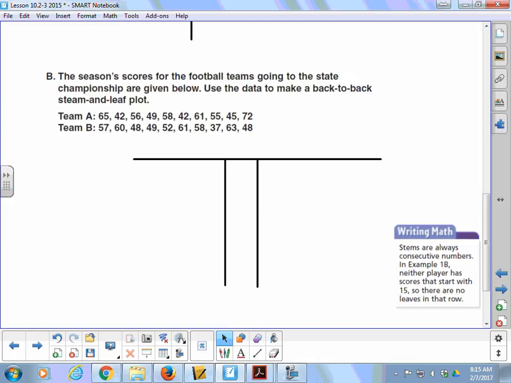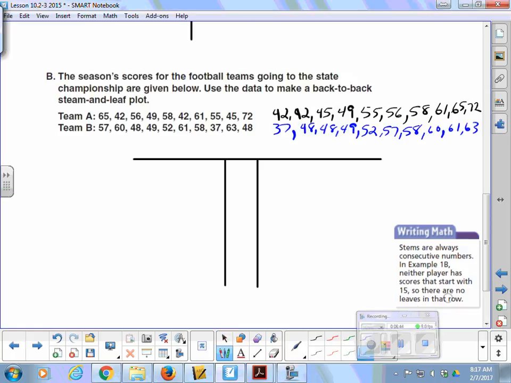All right, so the first thing we're going to do is take Team A, write those numbers in numerical order from smallest to largest, and then also do that with Team B. Rewrite their numbers from smallest to largest. Once we get them in order from smallest to largest, in this case, they're all